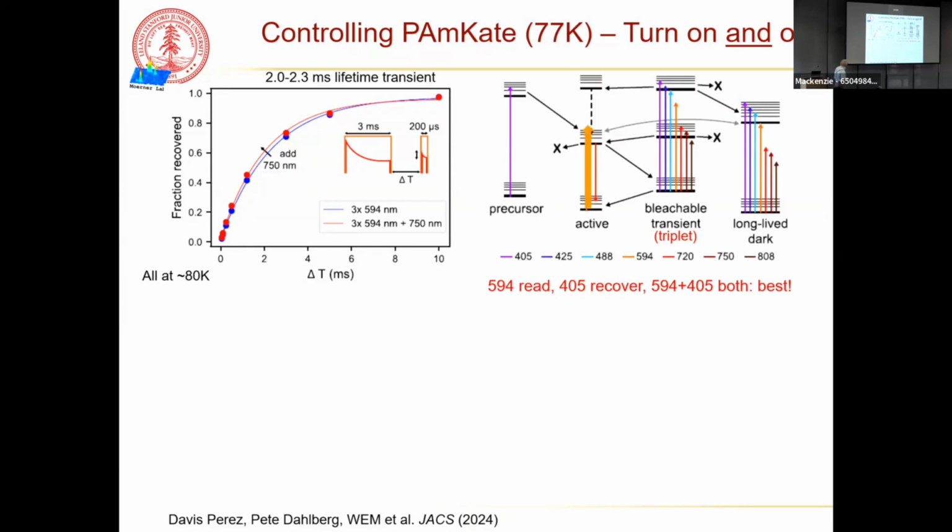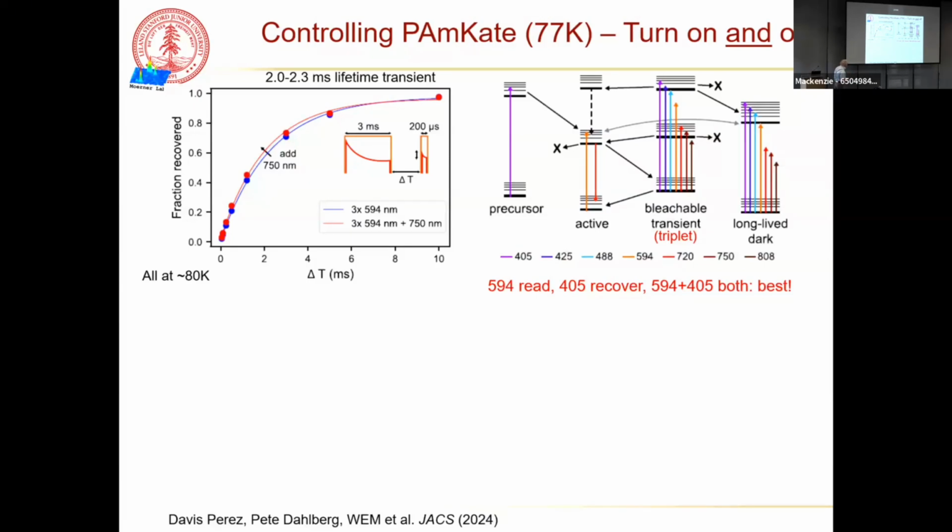So this is the pumping wavelength to detect fluorescence from PAmKate after it's been generated. And so you collect that emission when you put on this shorter wavelength, 594 nanometers. It's also known that you could use 405 to restore molecules from the very long-lived dark state over here through this gray line, getting back over to the emissive state. So you have a way to turn things on, but what you did not have was a way to turn them off. Many of these fluorescent proteins would just sit there forever and just emit, and then at this low temperature, you want to move to the next case, you want to try to do better super resolution, so you move from one to the next.